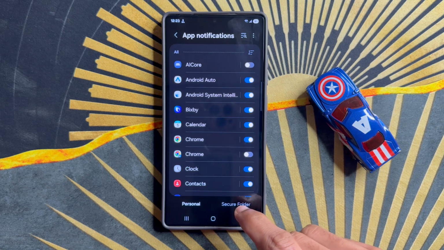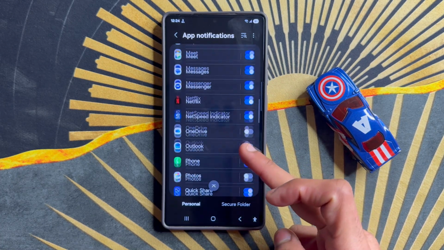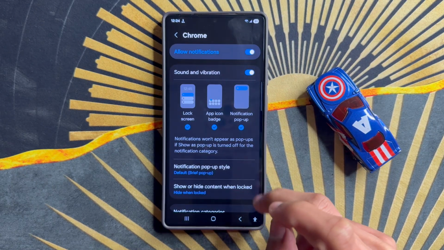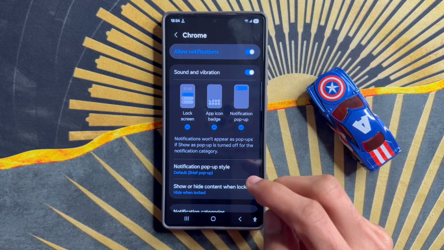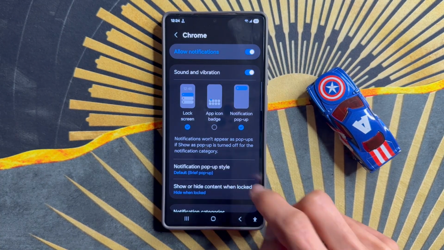After you click on app notifications, scroll down and select any app from here. After you select the app, you will see app icon badges here. If you want to disable app icon badge, click on app icon badge, you will see app icon badge